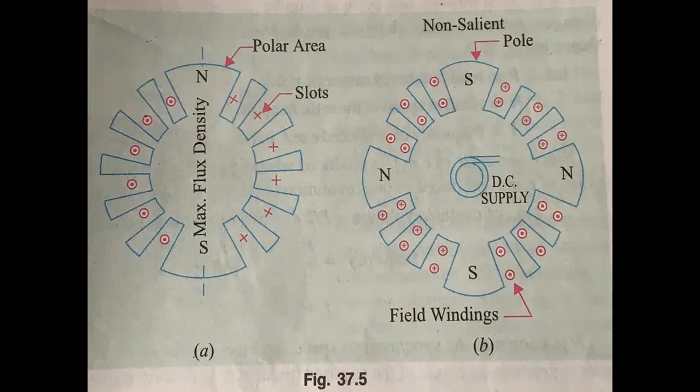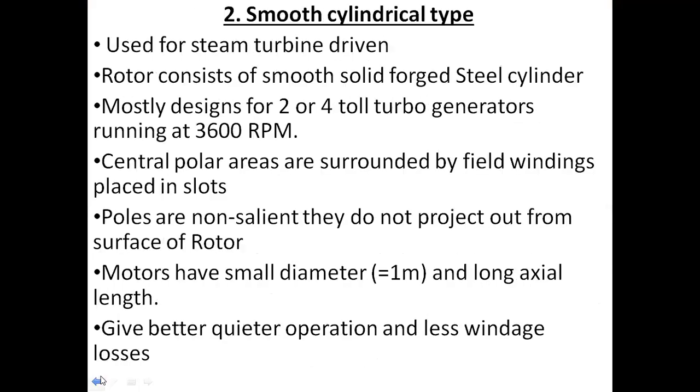And also less windage losses. If the diameter increases, the windage losses, the air friction, will increase. The rotor has to overcome the air and rotate, so these are called windage losses. These windage losses will be reduced when you take short diameters. Okay. Next one,